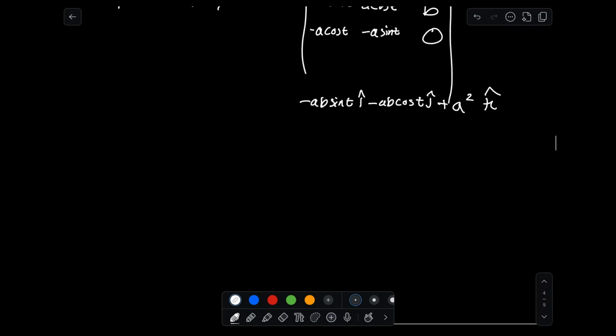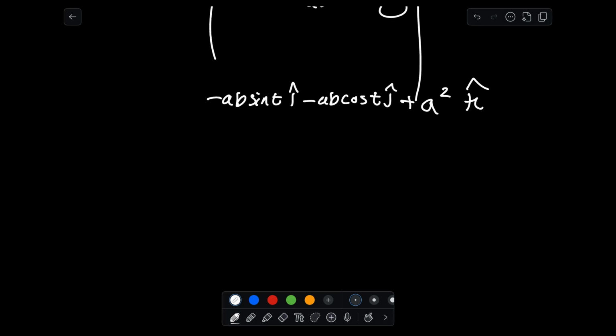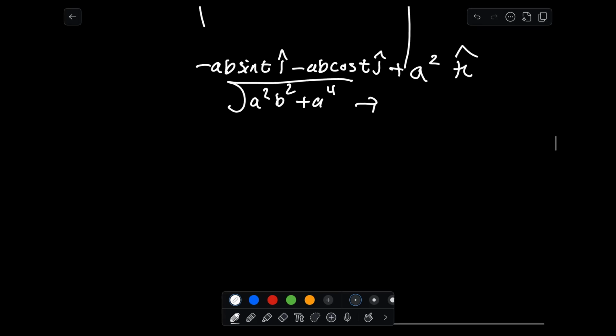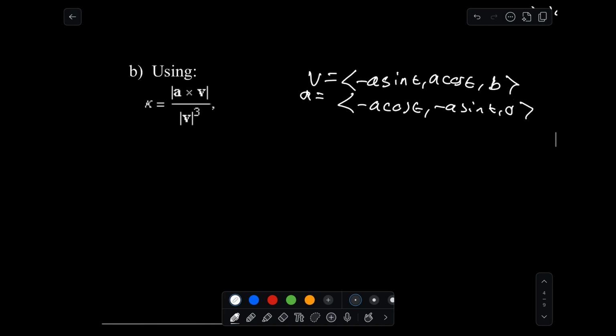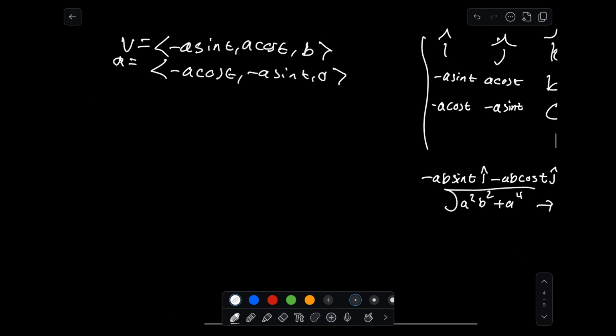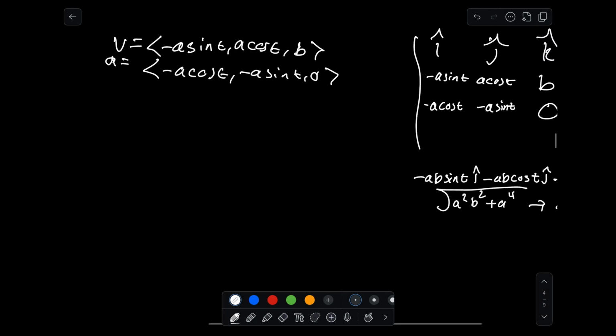And then from here, you're going to take the magnitude of this to get your result, which is just going to become A squared B squared plus A to the fourth. Take the square root of that. You can factor this component out to get A squared times B squared plus 1. And then we can go back to using the V cubed definition. And if we do this, take the V cubed of everything, we're going to get